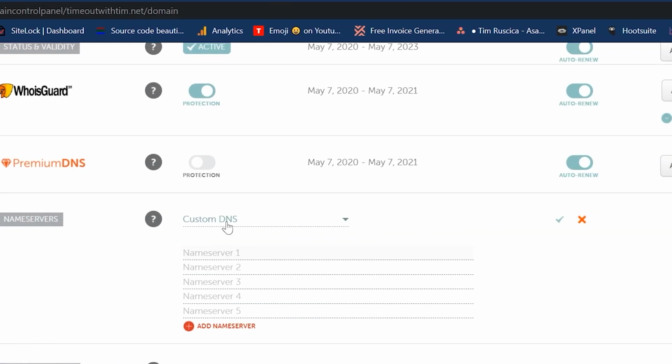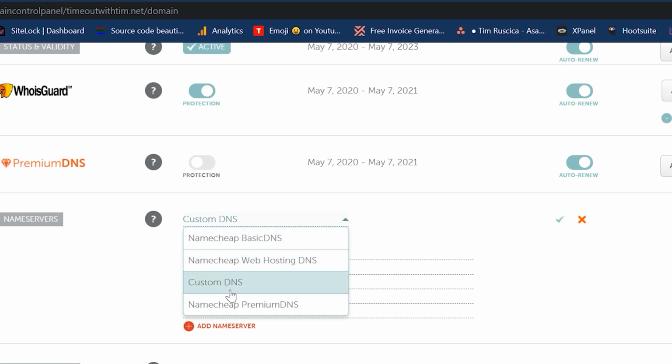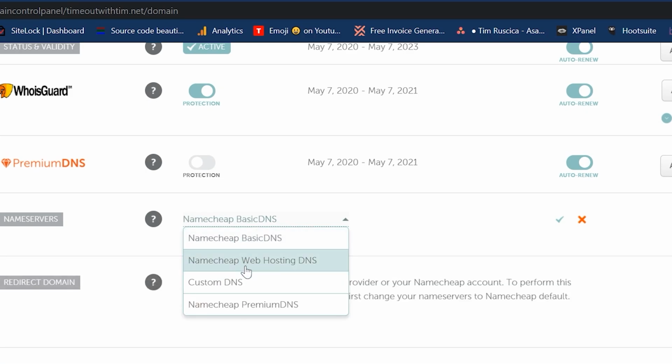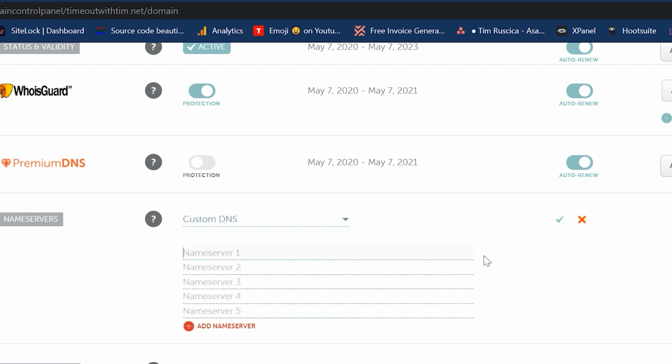So what we need to do here first is change our DNS to be custom DNS. If you're on Namecheap, it might be basic DNS, might be web hosting DNS, whatever. Change it to custom DNS. The reason for this is we want to point this domain to our Linode server. So Linode has these name servers that we need to add as the name servers for our domain so that we can manage our domain from Linode. You'll see that in 1 second, but the name servers that we need to add here are